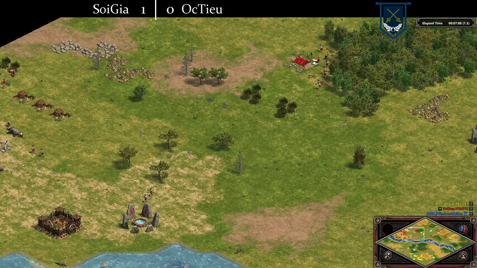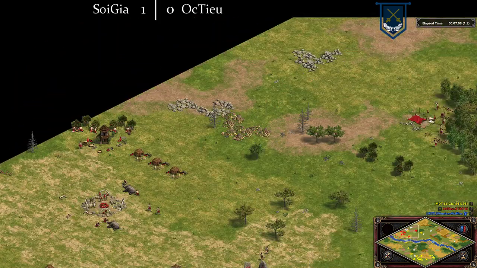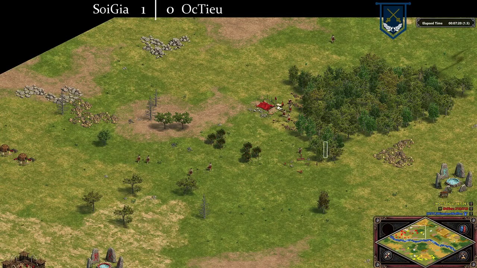A little bit of a lag in game. I think it'll buff out. It buffed out. Whenever that happens, it's like a little heart attack. Like, the game was just frozen for a few seconds, and I'm just like...